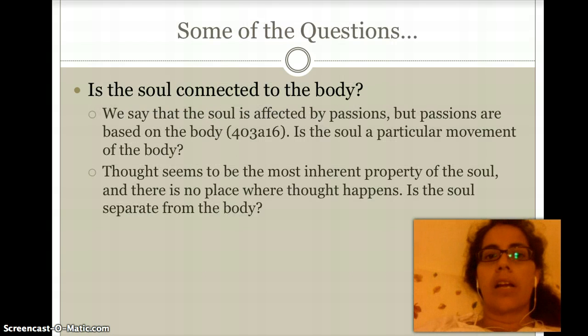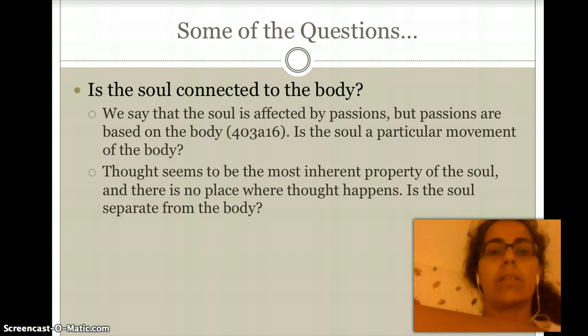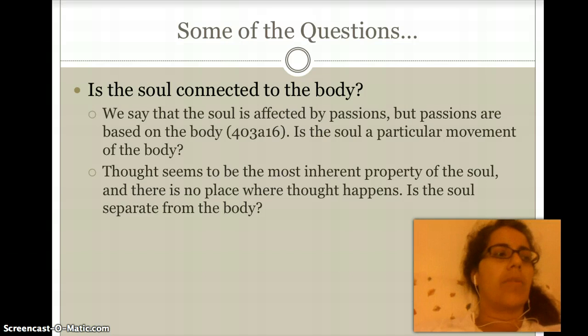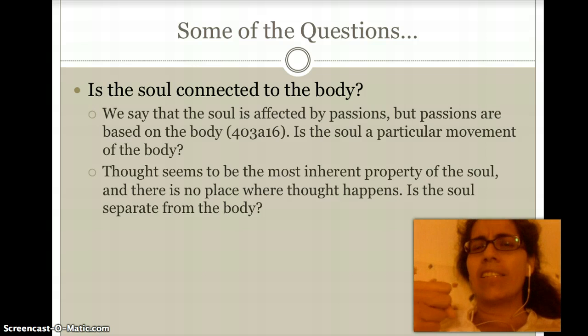So some of the questions that Aristotle has that we should come back to on Monday are the ones that are on this slide. Is the soul connected to the body, right? One of the things that really concerned Aristotle was the idea that we talked about our soul being moved by passions. Our soul is filled with justice, our soul is filled with anger, but he wanted to understand if those are just metaphorical ways in which we present ideas, or if there is actually something in the soul that can